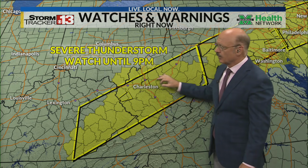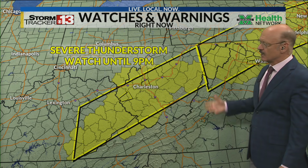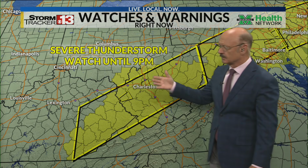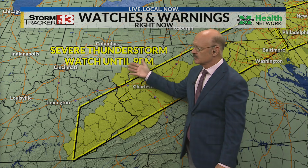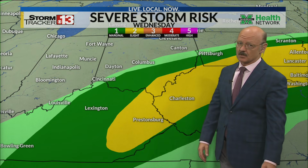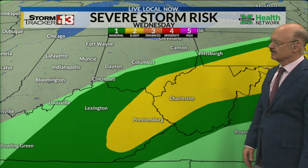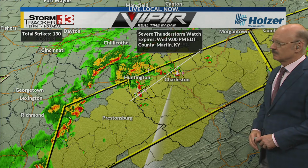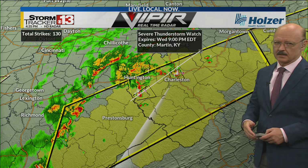A couple of warnings too within that watch. Severe thunderstorm watch for our West Virginia counties on television, our southeastern Kentucky counties on TV, and 2 of our Ohio counties officially. But here is the zone. It's pretty much all of us who can watch on TV. And that will end at 9 o'clock. But really, I think you're looking at now until about 7 or 8 o'clock, and then things will